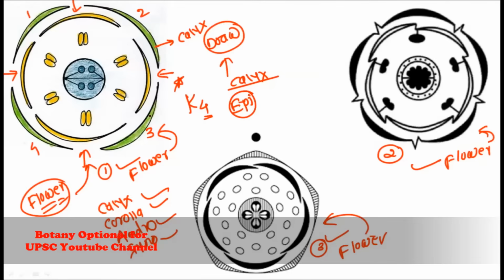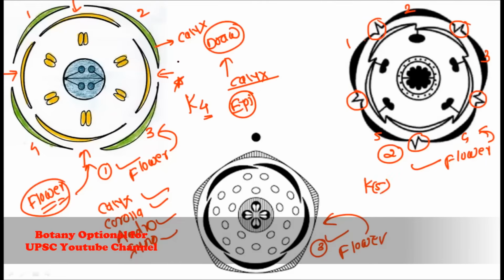And for the same thing, if you observe the second floral diagram here, see the number of sepals or calyx: 1, 2, 3, 4, 5. Here the K5 condition is there, and see the fusion. The first calyx is fused with the fifth calyx, then the second margin of this first calyx is fused with the second calyx. So the fusion is shown here. Observe, 5 fusions are shown here. That means the calyx is gamosepalous. So here we have to put the bracket, that is, the K5 condition is there.